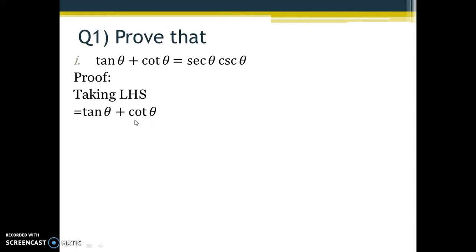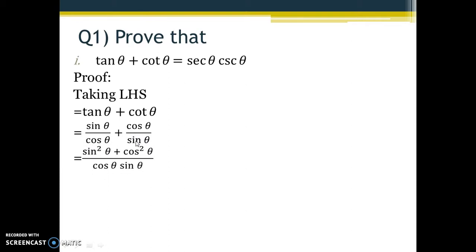And now we'll try to simplify it by using the formulas, as we have seen that tan theta can be written as sin theta upon cos theta, plus cot theta, which can be written as cos theta upon sin theta. So I have just converted them into their respective formulas. Now as you can see, there are two fractions over here with different denominators. So first we'll cross multiply them and make one single denominator.